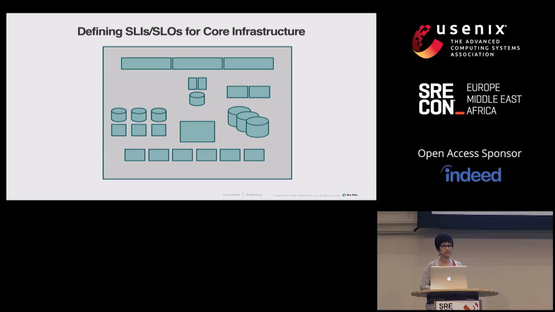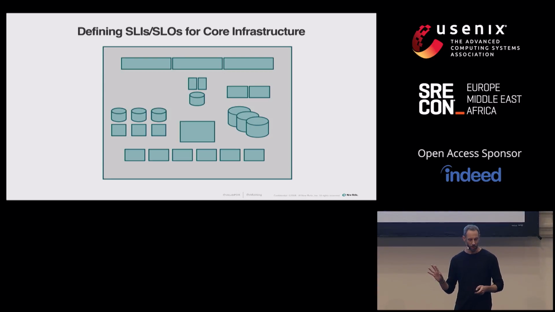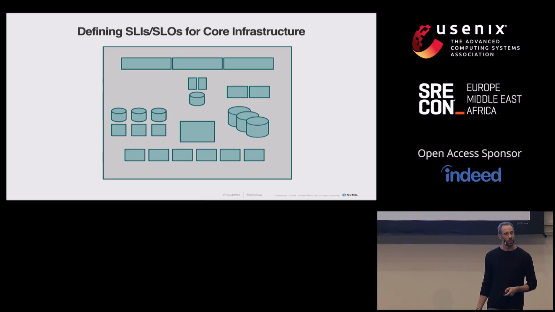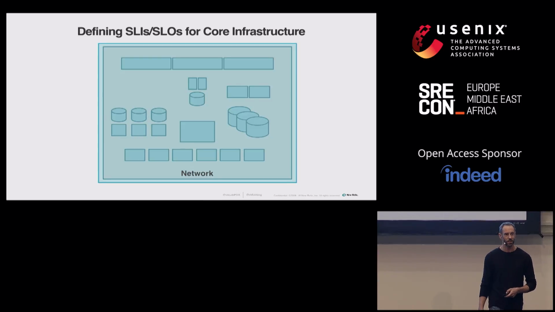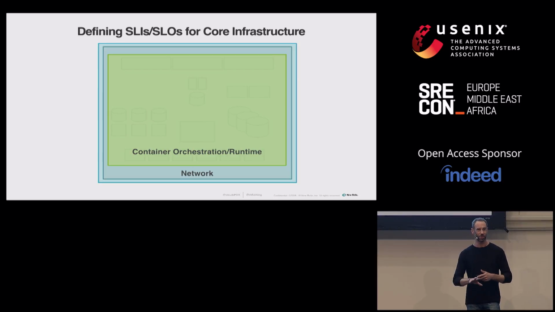So we've now talked about defining SLIs and SLOs for a bunch of different components in this platform. But we haven't yet talked about SLIs and SLOs for some of the most important pieces of the platform, specifically our networking tier and our container scheduler and runtime cluster. And these, it turns out, are super important because these are going to be the foundation of everything else. Just a little. Right. And these also can be some of the hardest places to reason about how to define